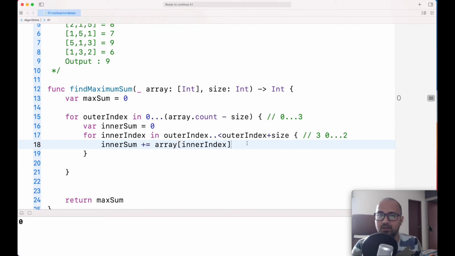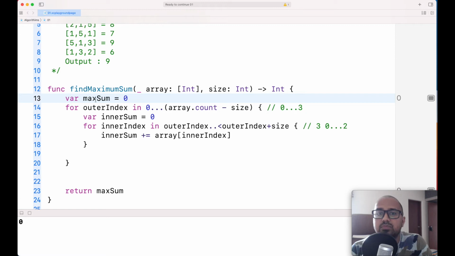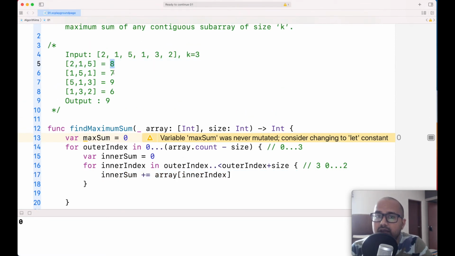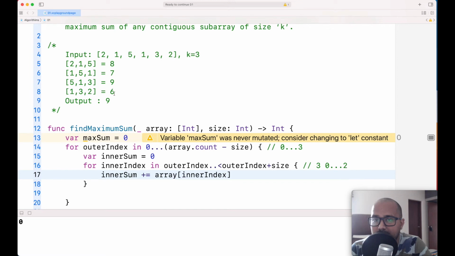Okay. So plain and simple, what we did is calculate sums. Now what we need to do is, we have inner sums like 8, and we are able to calculate 7, 9, 6. If we have a print statement, it will print all that. But how will we make sure what to return? We know that we are able to calculate the sum at every point. How will we define that?